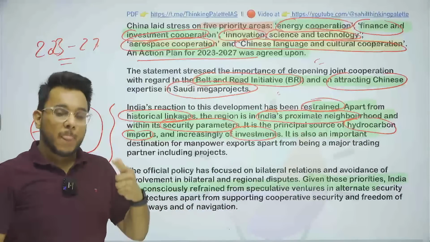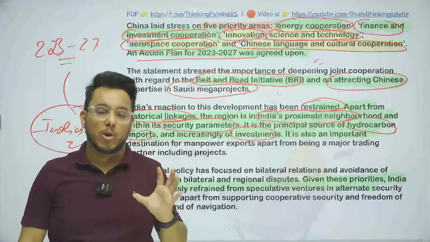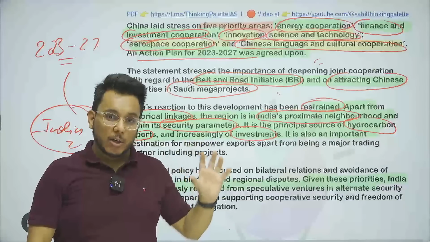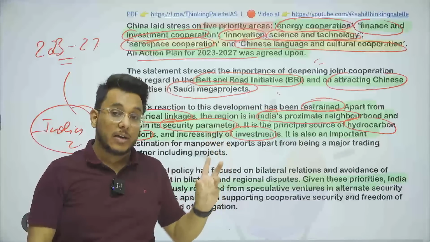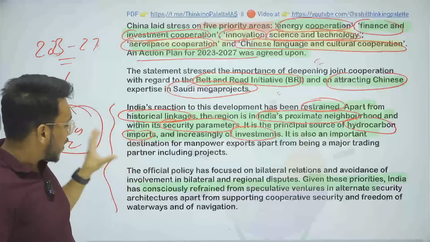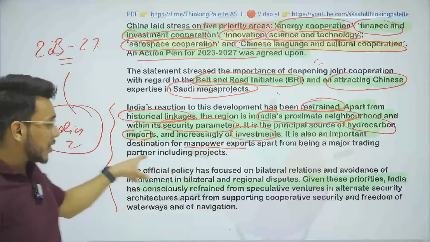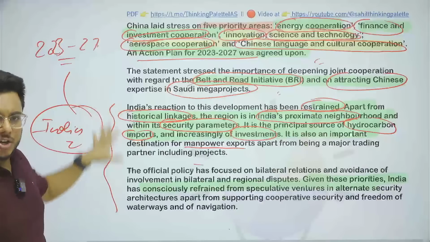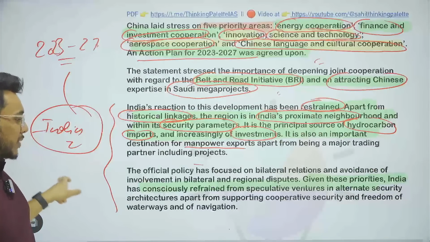Understand this thing, guys, that the Indian diaspora is involved in white collar jobs and in blue collar jobs. Now, largely the diaspora involved in white collar jobs is in Europe and North America, but a large number of workers go to Saudi Arabia, UAE. Fine. So therefore, this particular region is also where India exports manpower. It is also the region where India trades a lot. So any cooperation, any friendly relations are welcomed by India. So this is something that has happened.